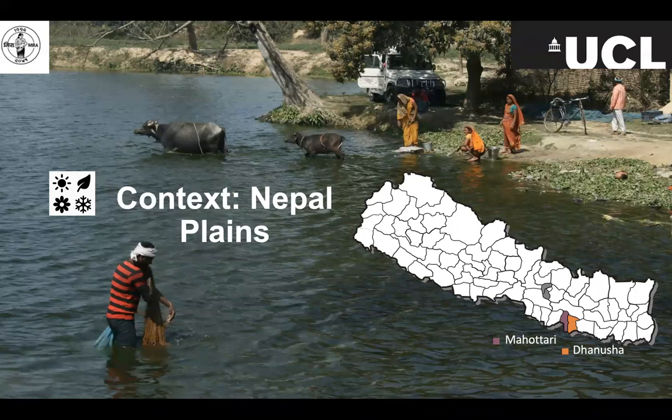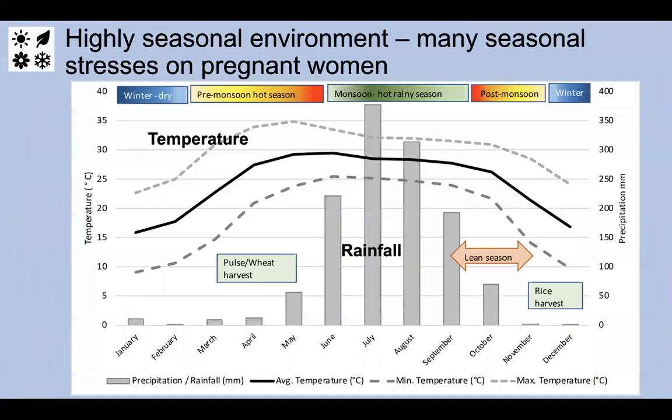So the context of this study is the plains of Nepal bordering with Bihar in India. And this is a highly seasonal environment with many seasonal stresses on pregnant women. So we have very heavy rainfall with high humidity in the monsoon season. We have very hot temperatures pre-monsoon and after the monsoon. There is a lean season when food security is a problem for many, and that precedes the rice harvest